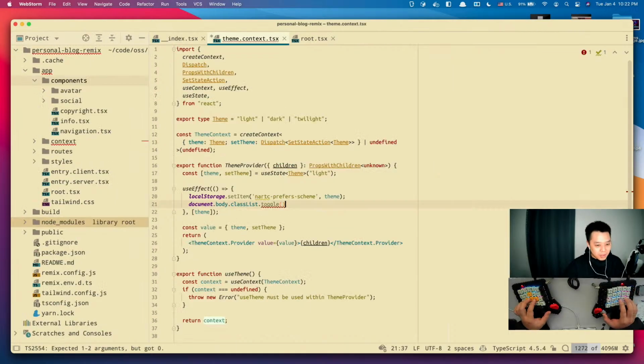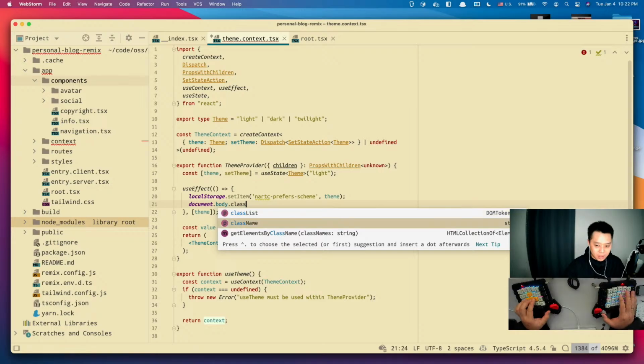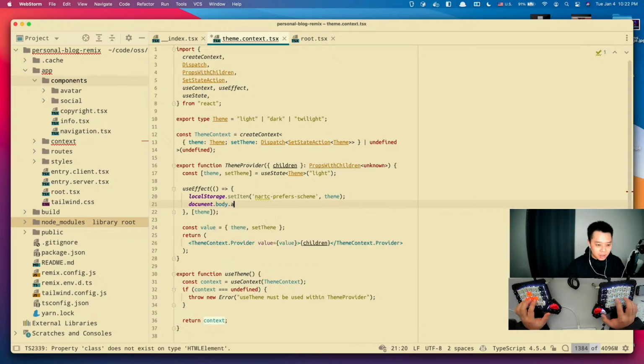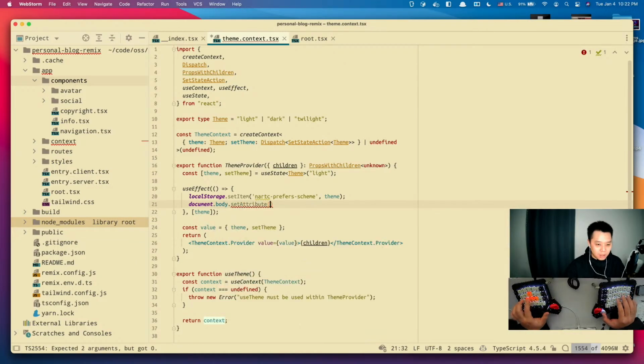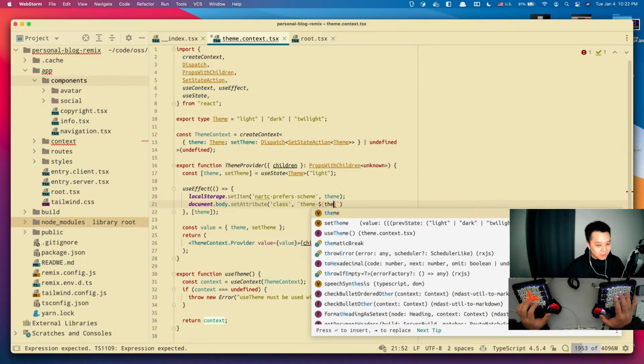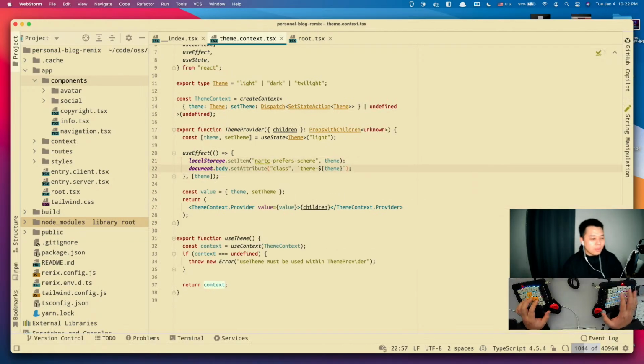Let's set attribute, class name or class with theme. Yeah, can I do that? Right. So now back to